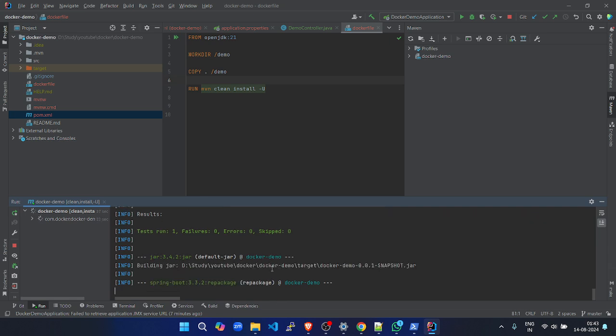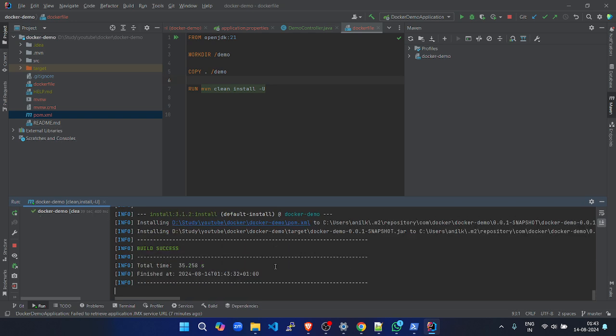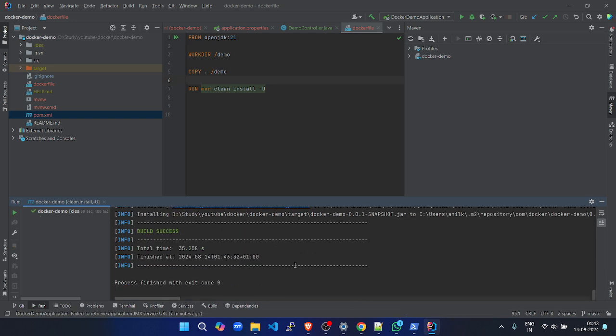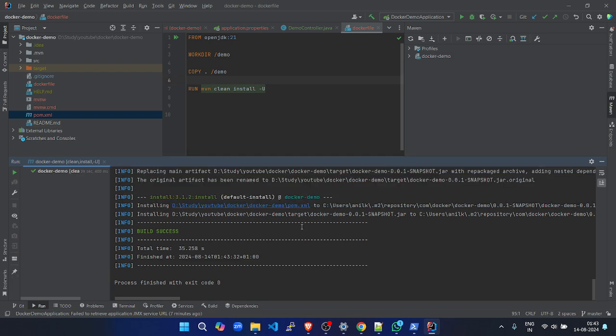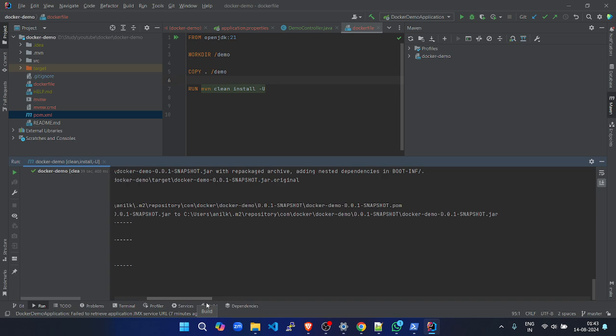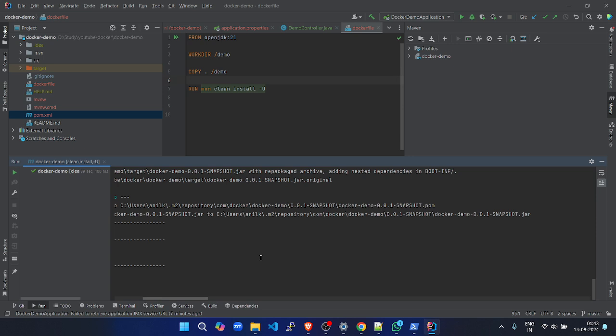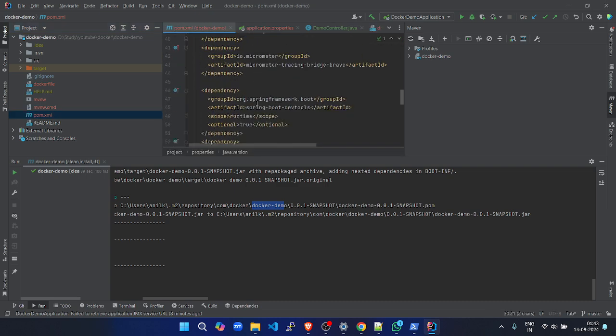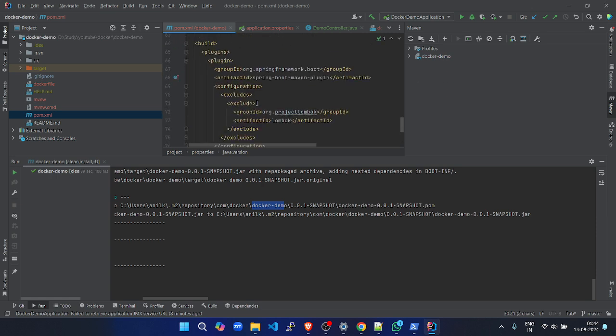It is just building it and creating an artifact for me to deploy. Okay, so the artifact is created in the target directory. This is our demo one, and here we need to change one more little thing in the build section,